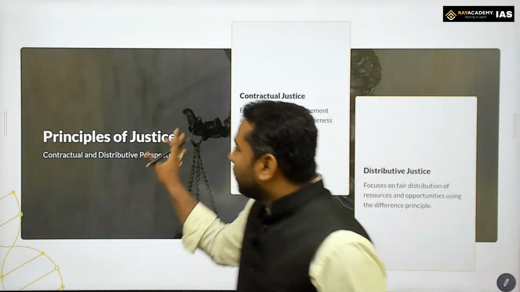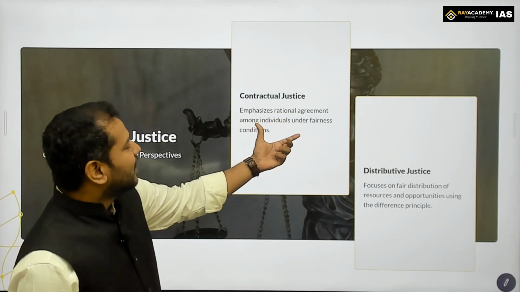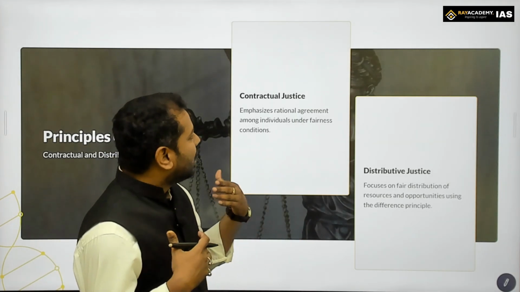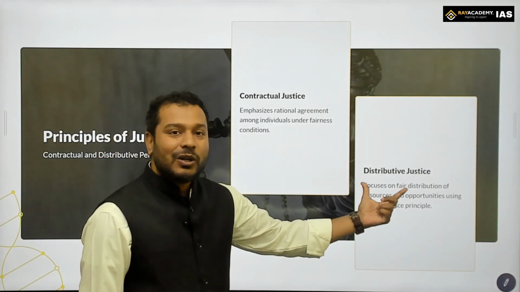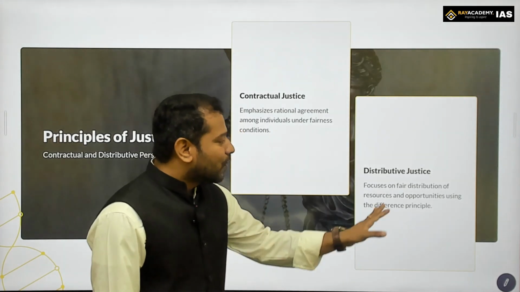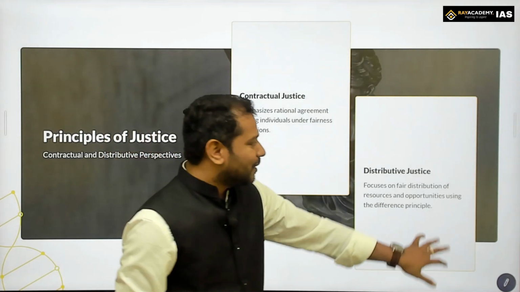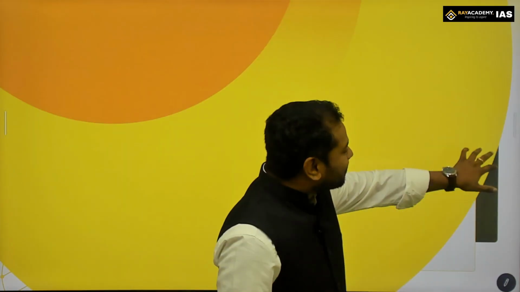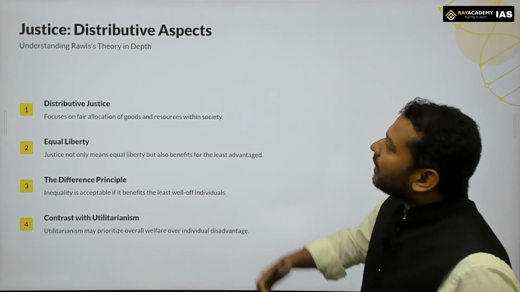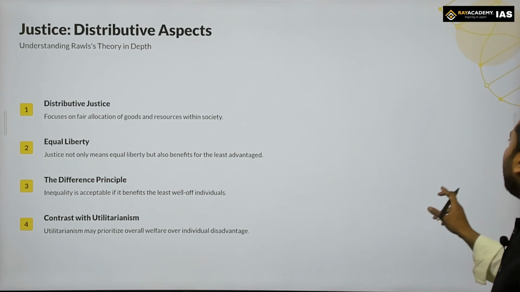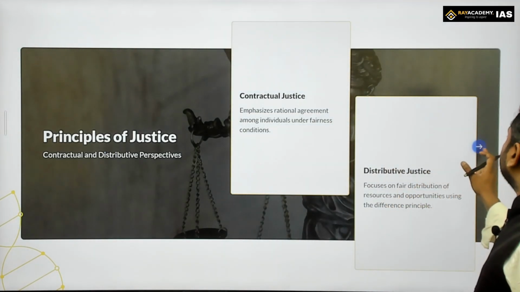Now, if we look into the principles of justice, what is the summary? Contractual justice focuses on a rational agreement among individuals under fair conditions. But distributive justice focuses on fair distribution of resources and opportunities using different principles. Okay, so going further, if we look into the distributive aspect of justice, we have discussed fair allocation. That is what we have spoken about. Now going further,